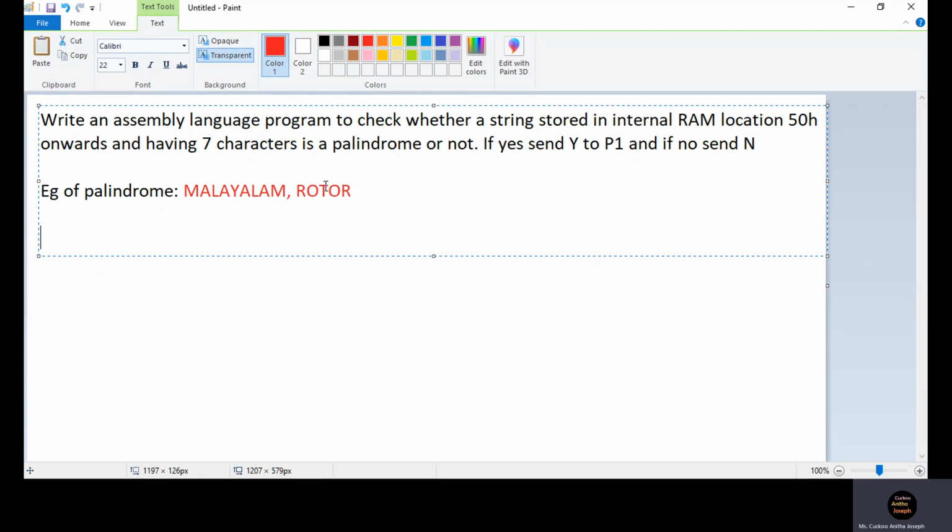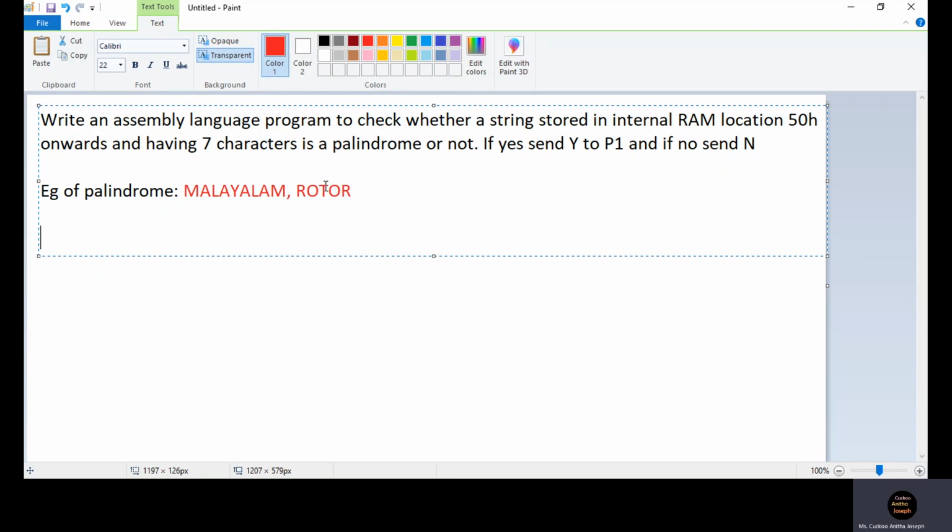So in our question, it is given that our string contains 7 characters. What will be the number of comparisons we should perform? It will be 7 minus 1, 6, divided by 2, 3. We have to do 3 comparisons to determine whether the string is a palindrome or not.